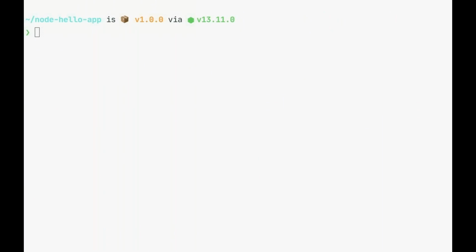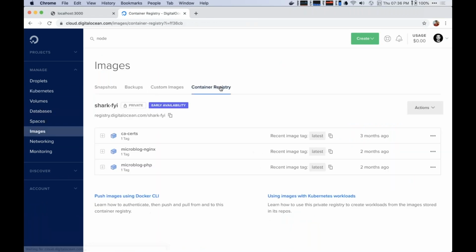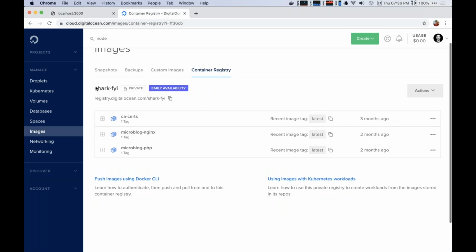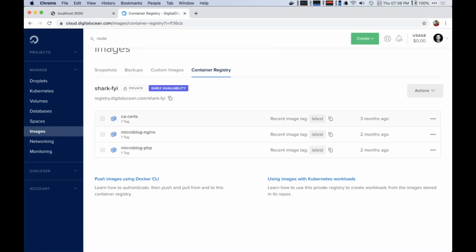Great. Does DO provide a private Docker registry service, or do we need to set that up ourselves? Yes, this is actually a great question because this is something that we've recently launched. DigitalOcean Container Registry is now available in early access to everyone. You can use it to create your own private Docker container registry. So for example, you see I have my own registry here. It gets this URL. It's completely private, and you can use it within your Kubernetes cluster and also just regular